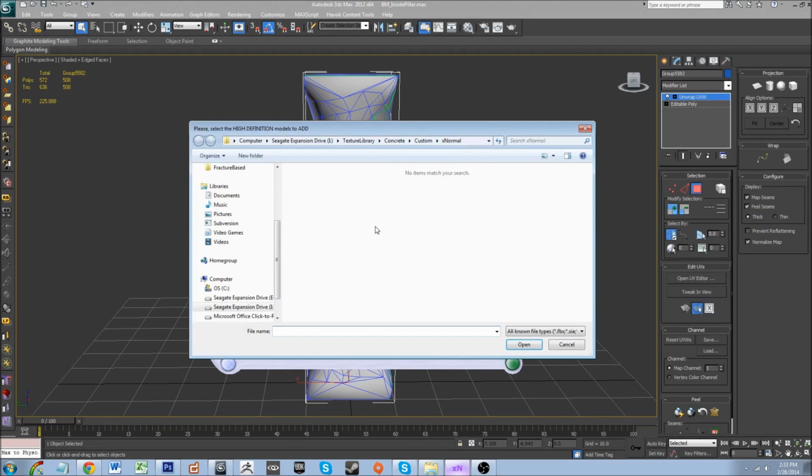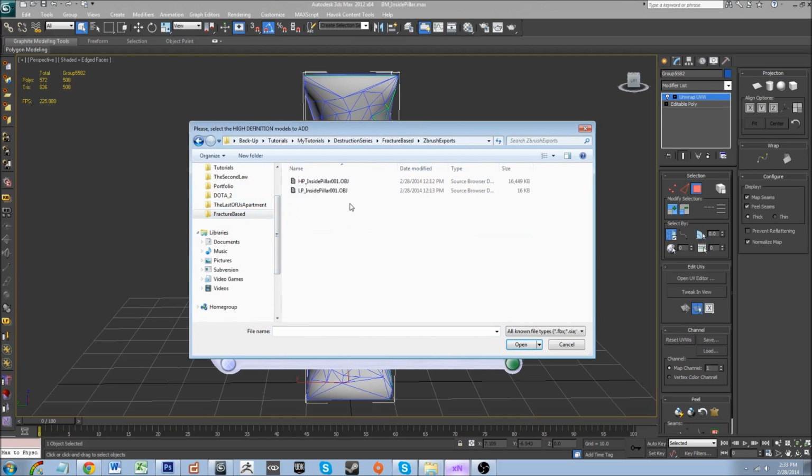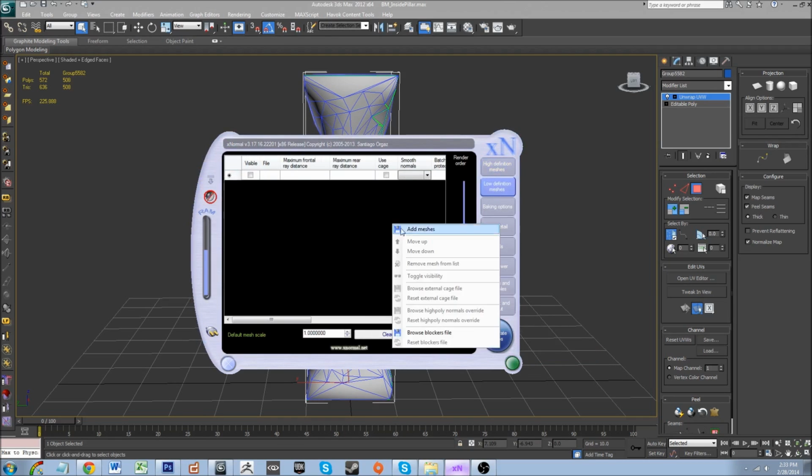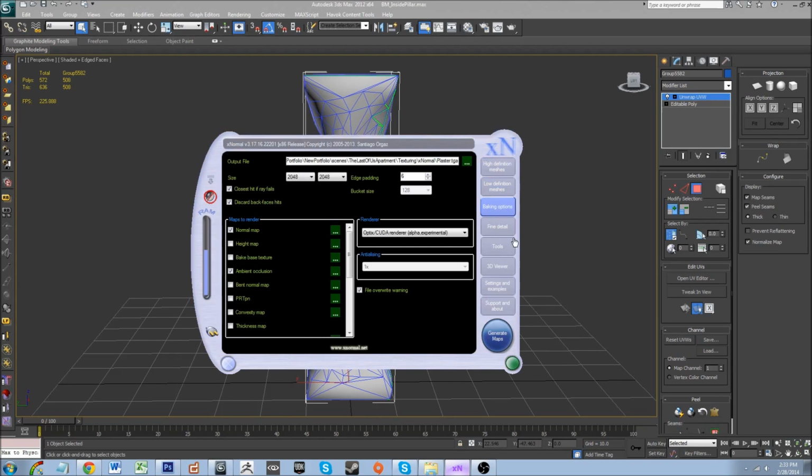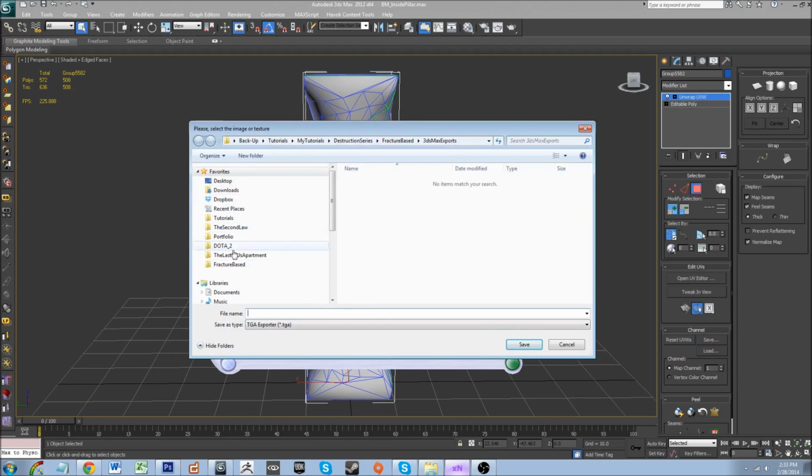Let's add a high definition mesh, which can be found in our ZBrush exports. And let's go ahead and select HP. Let's grab our low definition mesh, 3ds Max exports, and let's bring in the xNormal SBM. We're going to change this to fractured base, texturing, xNormal. Let's call this